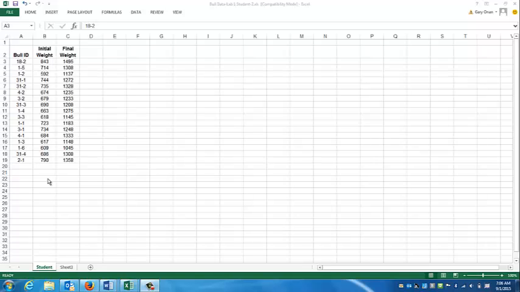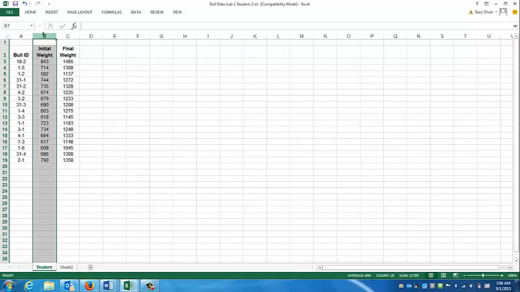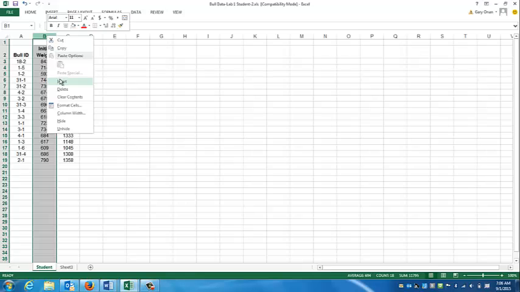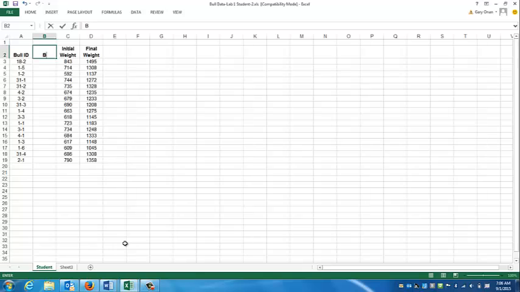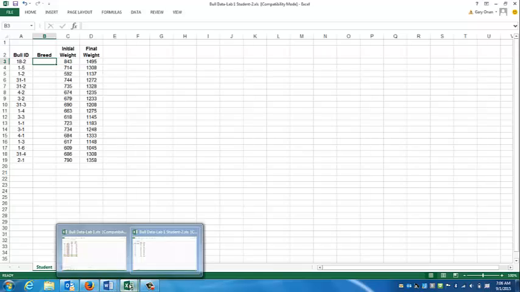weight. The next thing I want to do is insert a column and add in the breed for each of these animals. So we're going to put that column between ID and initial weight. So we're going to click on column B, right click, say Insert, put in the header, and then what I would like you to do is I'll leave this